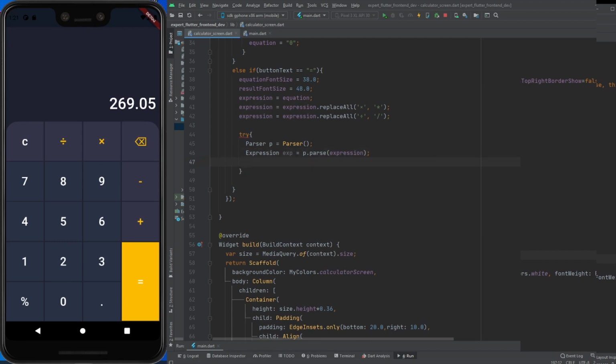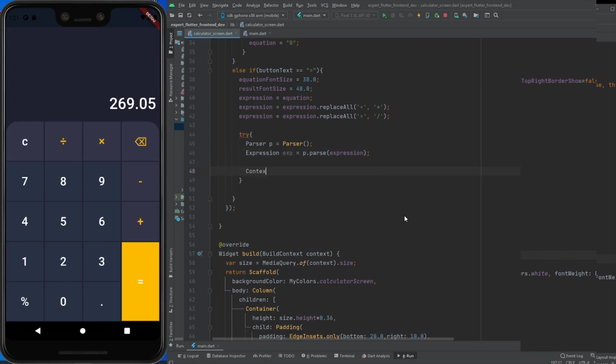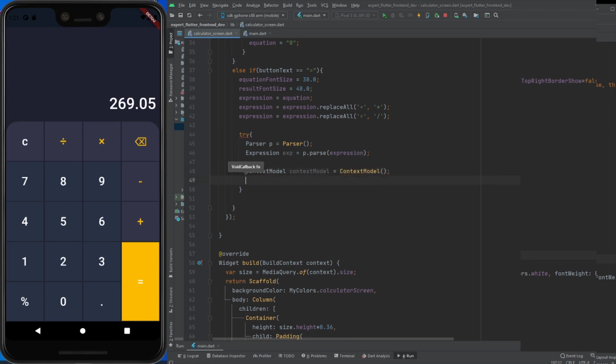Here I try to parse the value. The Parser is a class of the math plugin. So I will parse the expression. Expression is also a class of the math plugin.